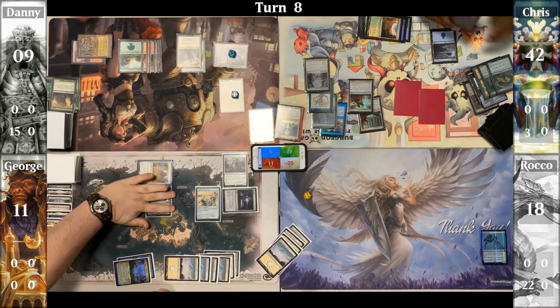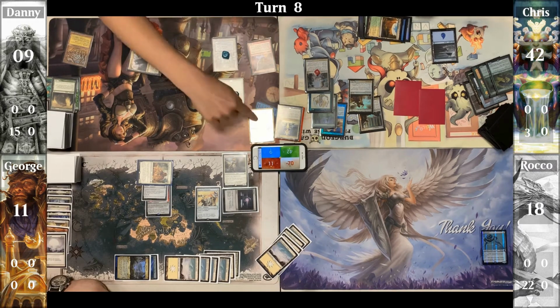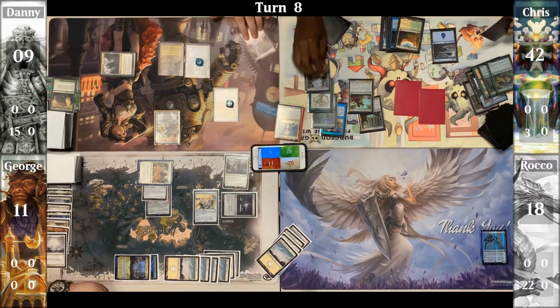At his end step, Luminarch Ascension gains a counter. Danny untaps, and pays to recast Hazezon. This puts the delayed trigger back on the stack, and he then passes to Chris as another counter goes on Luminarch. Chris untaps,